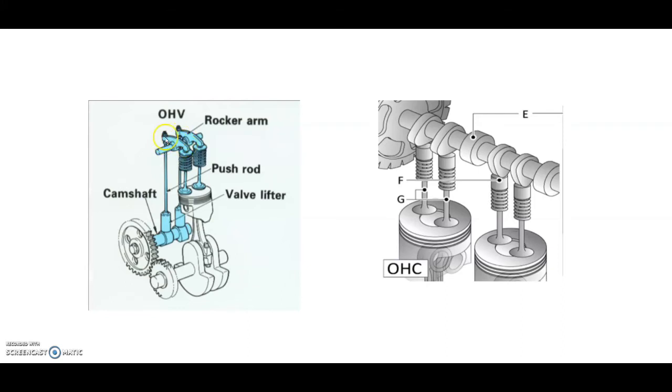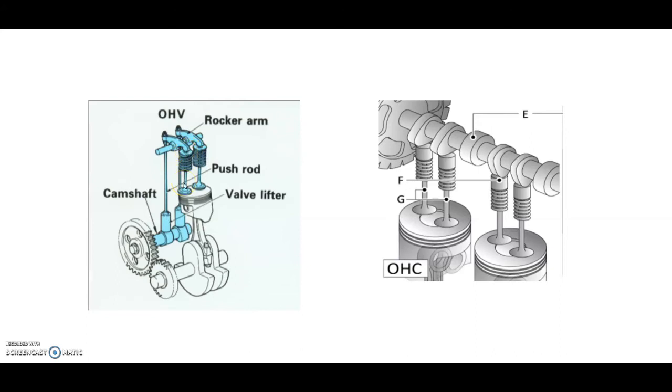The rocker arm itself is on this rocker shaft, so the rocker shaft goes through the rocker arms, and these act a bit like a seesaw. They pivot backwards and forwards, and they have to move on the shaft. So there's friction between the shaft and the rocker arm itself. And then finally, we've got the point of contact on this end of the rocker arm, which actually pushes the